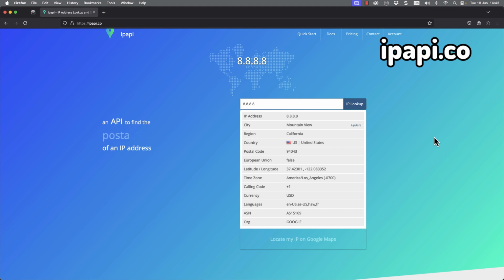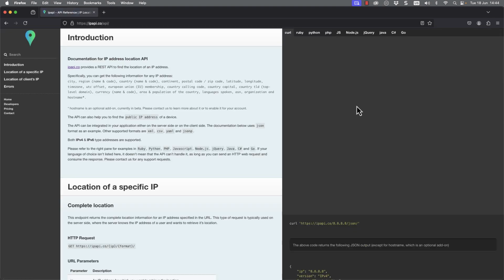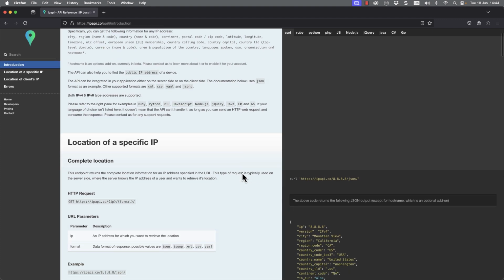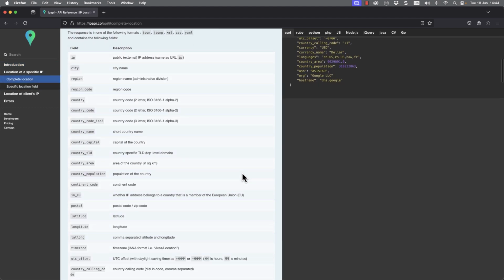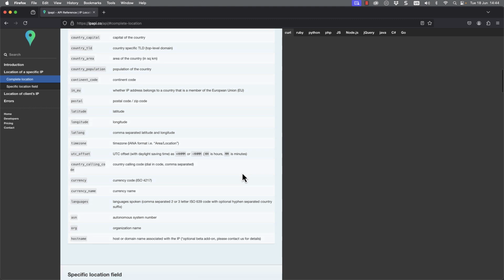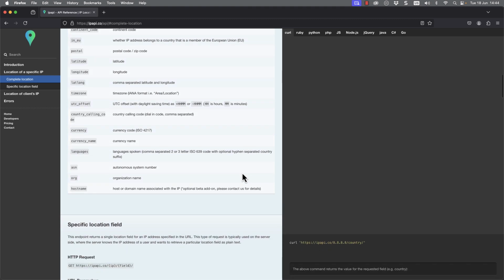So we can see for the Google DNS server, it is indeed located in Mountain View, California. We can see its longitude and latitude. If we move out to the documentation, we've got far better documentation for the API here than we did with ifconfig.me, and they give you some good examples. We can investigate the full documentation shown on the left-hand side of our screen, where we can get individual fields, or we can return everything within, say, JSON or YAML format.